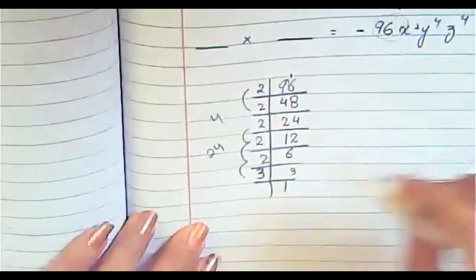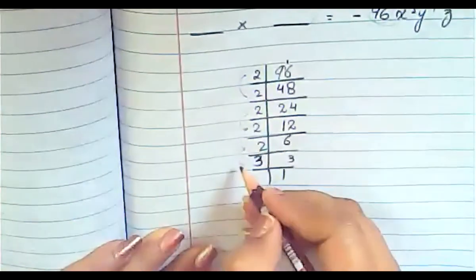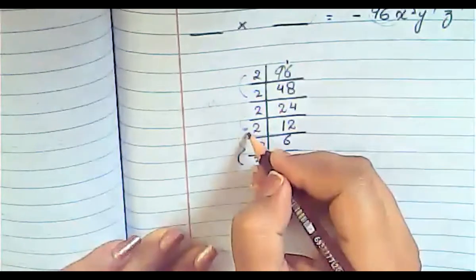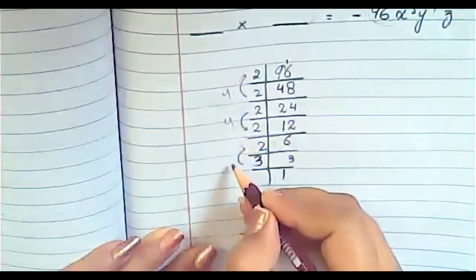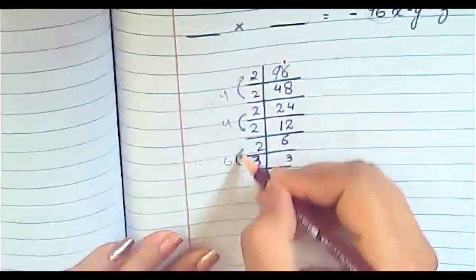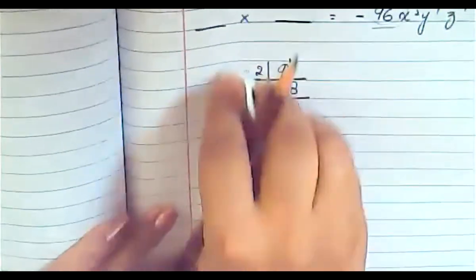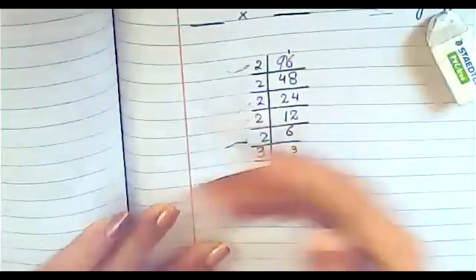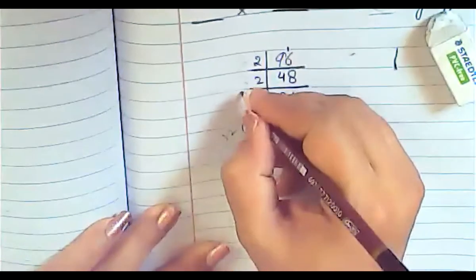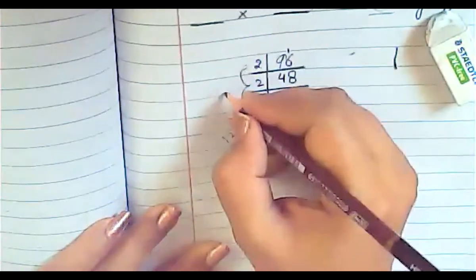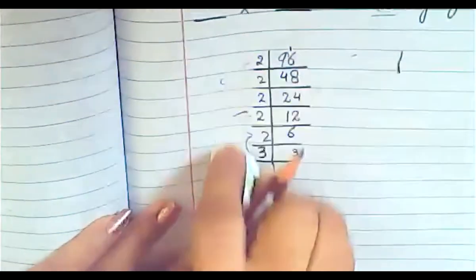Now listen again. If you make the pairs, just suppose 3 multiplied by 2 is 6, 2 multiplied by 2 is 4, and 2 multiplied by 2 is 4. So 4, 4, and 6. If you multiply these terms, obviously the answer will not be 96. We cannot take 3 factors. Okay, we will take 2. So 3 multiplied by 2 is 6, 6 multiplied by 2 is 12, 2 multiplied by 2 is 4, and 4 multiplied by 2 is 8. So 12 and 8, you will not get that.